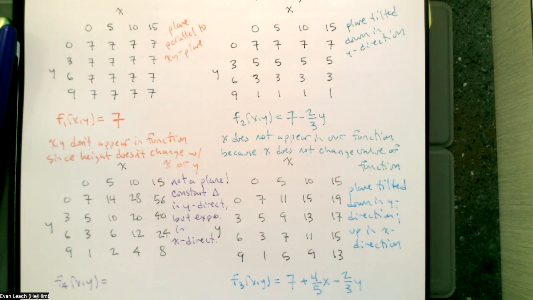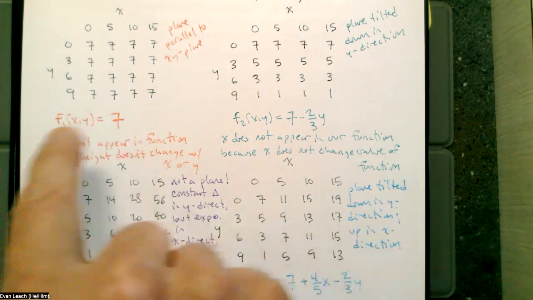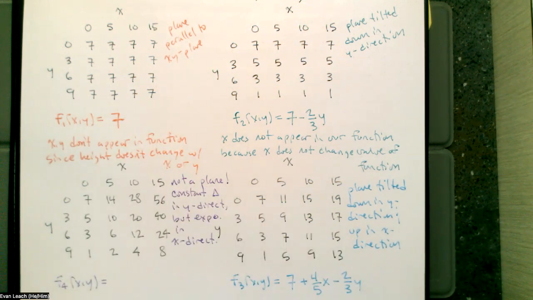Then the question becomes, can we just do the same thing? Can I just have a term for the y and a term for the x? So that raises the question. Before, it seemed to work out, just have a term for the x change and a term for the y change. But we're dealing with very simple objects here, right? We're just dealing with